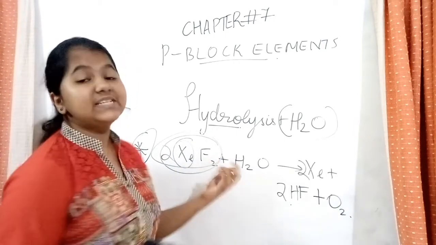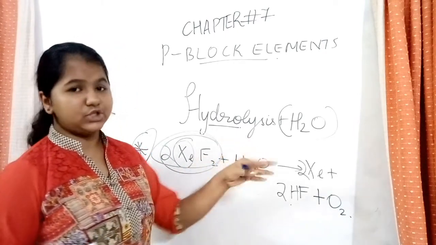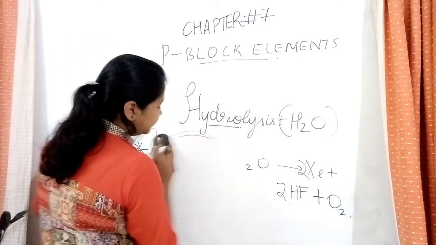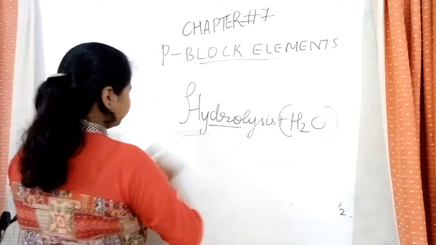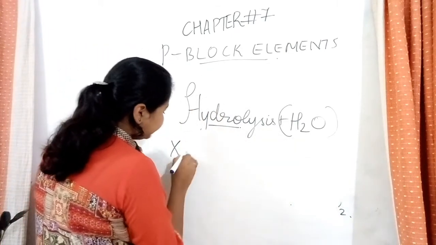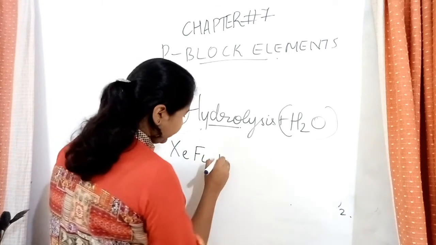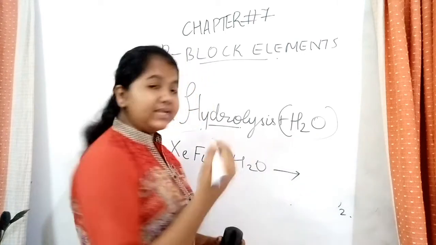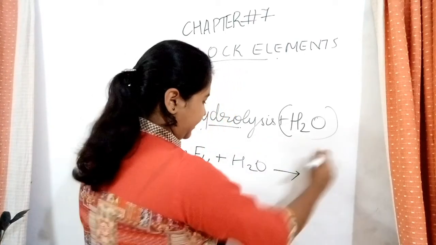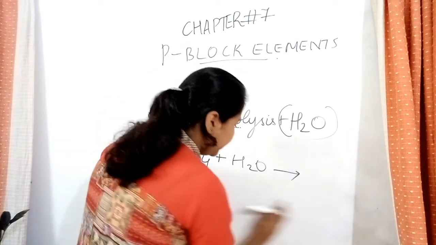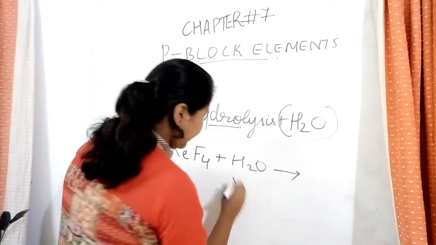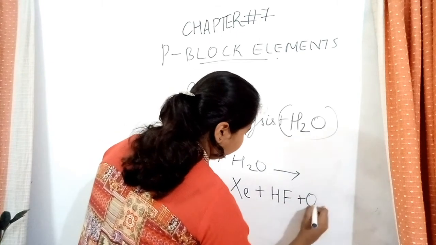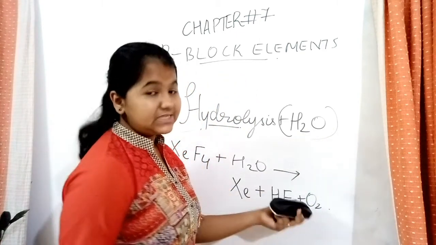Now let's see XeF4. That is our second reaction. We said we have 3 xenon fluorides and we will be doing that. The second one is XeF4 plus H2O. What would it give? We have an extra compound coming over here. There's no space, so I'm writing it over here. What was formed in the previous one? We had Xe, we had HF, we had O2, didn't we? There is something else that is formed.